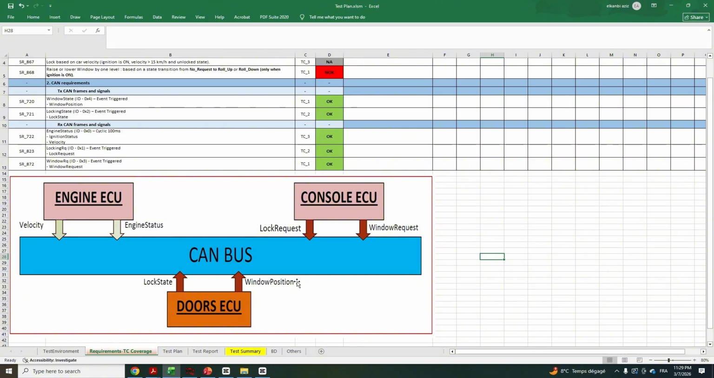basically. Okay. In this video, we will see how to define a test plan and how to write some test cases to test and validate your software. We keep always the same example of project, doors ECU. So,